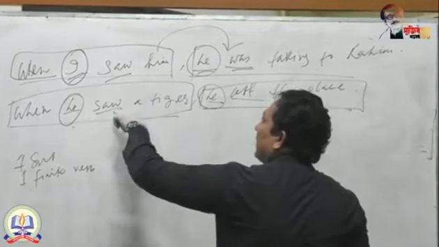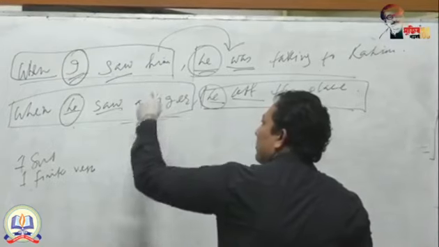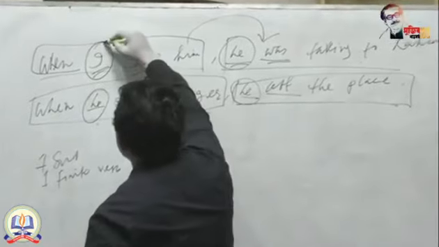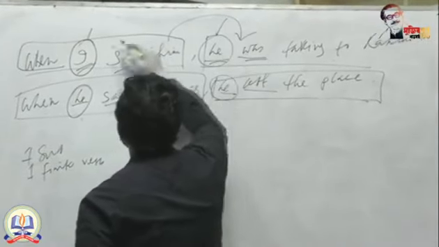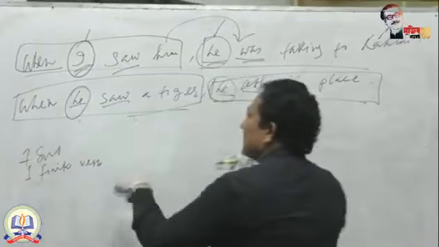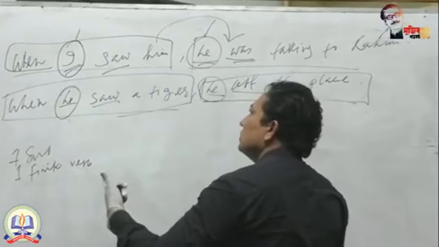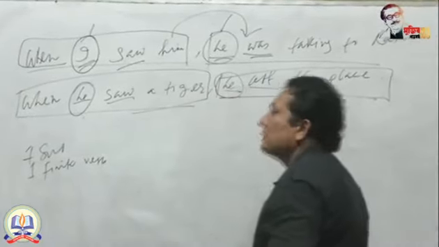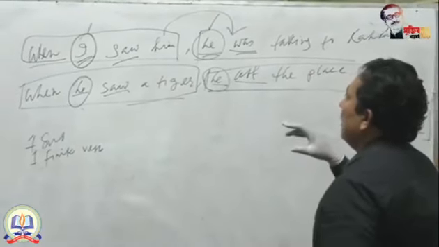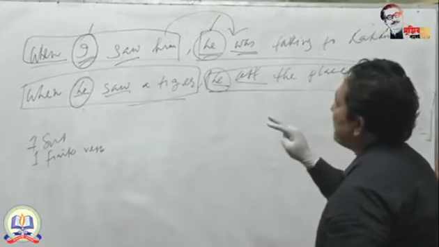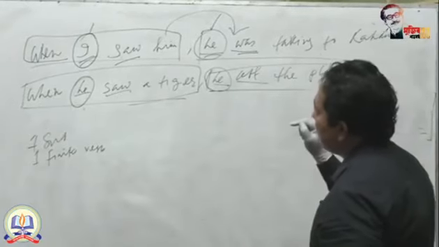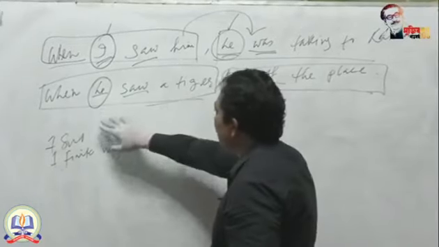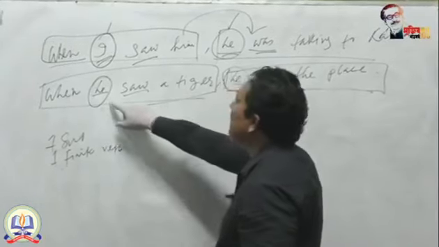So while making a simple sentence from this complex sentence, you cannot remove this subject or this subject. Of course, you have to take these subjects in the simple sentence. What will you do? At that time, you cannot delete any subject. You have to write down these two subjects at the same time for making a simple sentence. But when you are getting the same subject for making a simple sentence, you need not repeat the same subject.